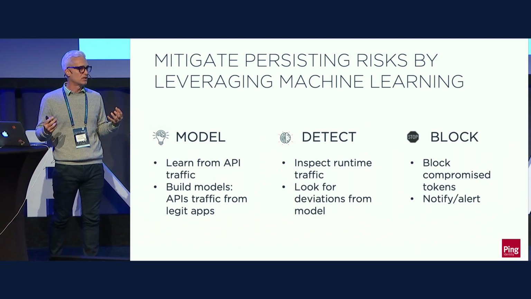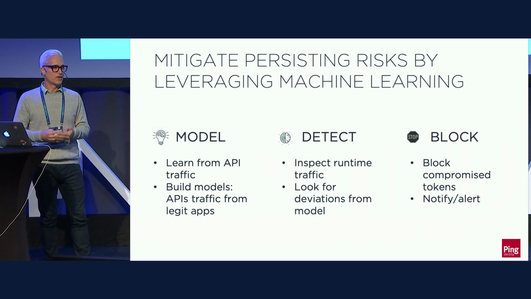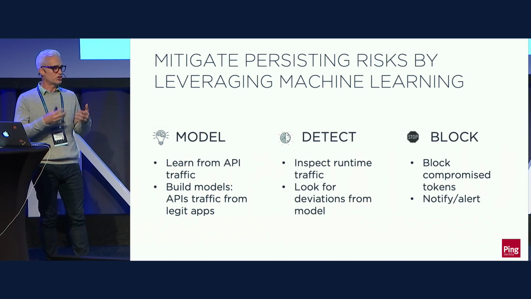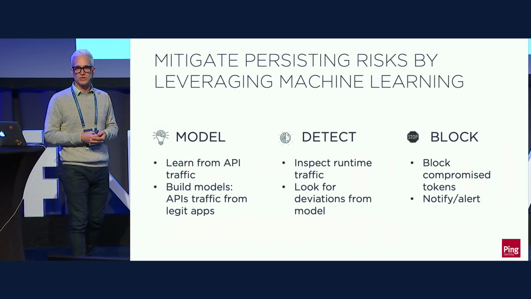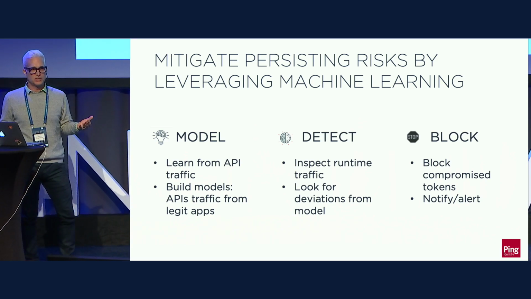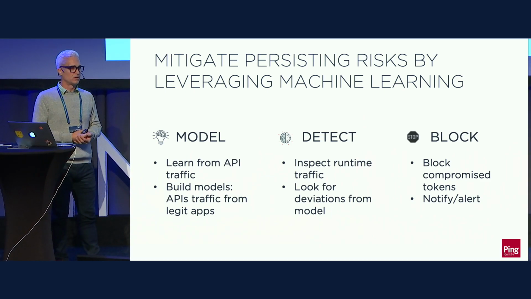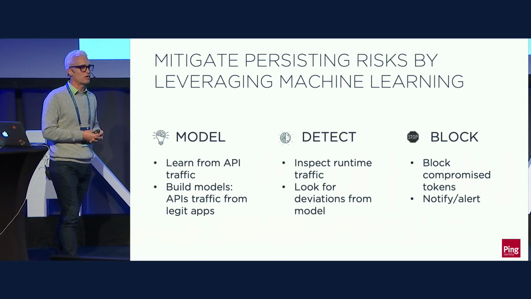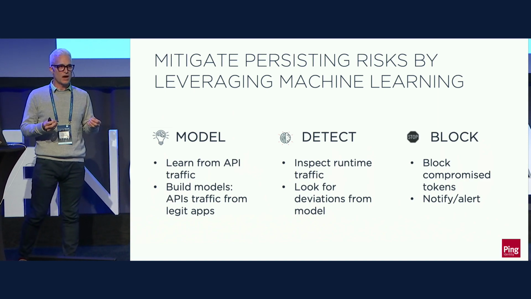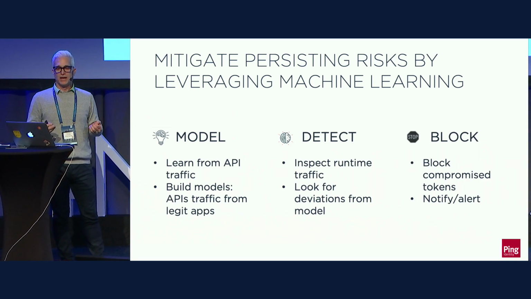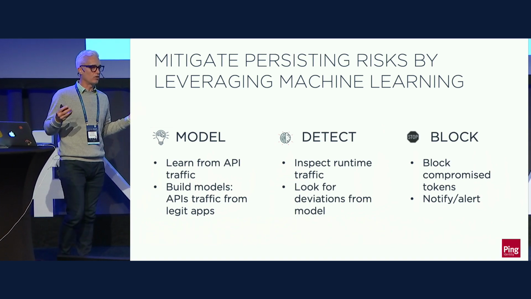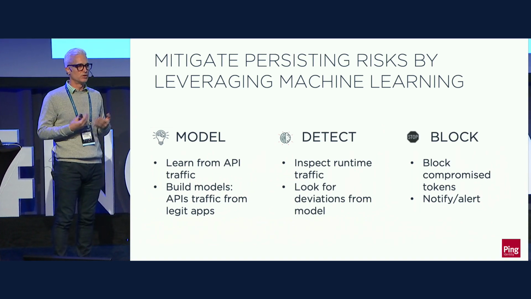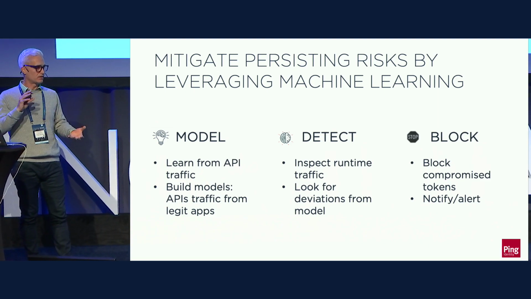The way machine learning works is you take big data, and then you feed it to machine learning, which is going to build a mathematical model for what you're giving it, and then it can make predictions on a new input moving forward. In this case, the big data is your API traffic metadata. So that's what Ping Intelligence does. It ingests your API traffic metadata. It builds models over time from this data, and this represents a model of what your API traffic looks like, across all these different dimensions